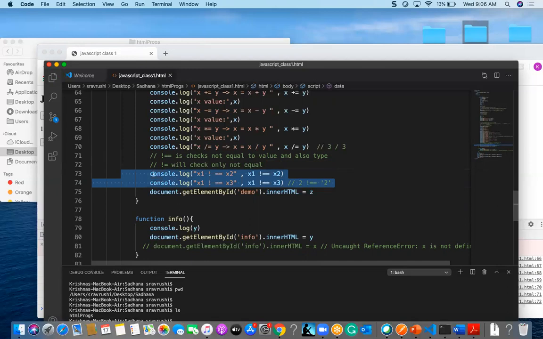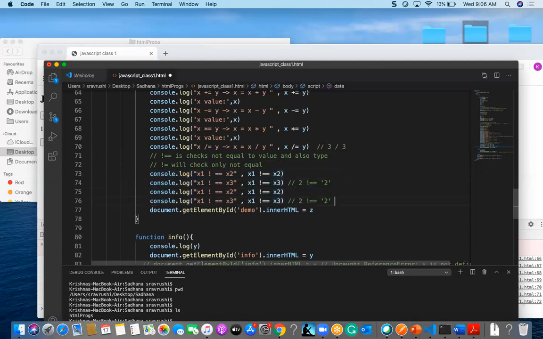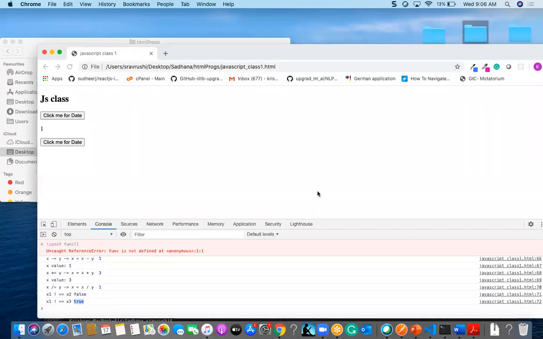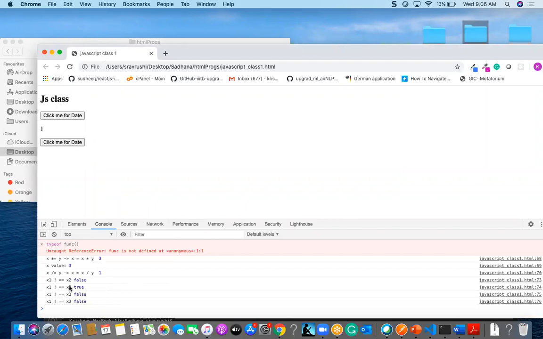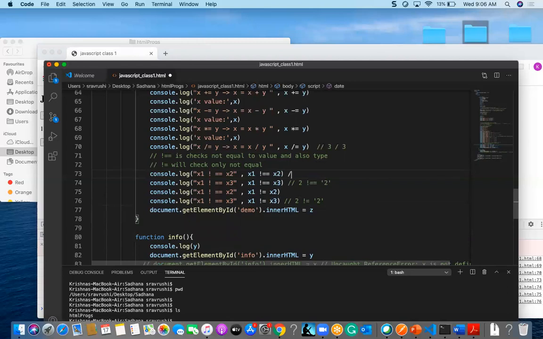So if I am going to check the same kind of thing but coming for this equal to, in this case, see, first one is like 2 not equal to 2, and second one is like 2 not equal to string 2.